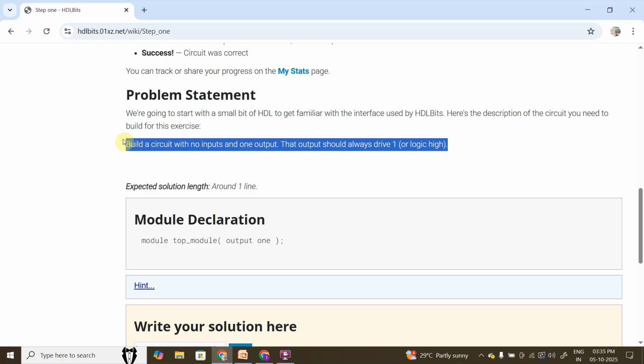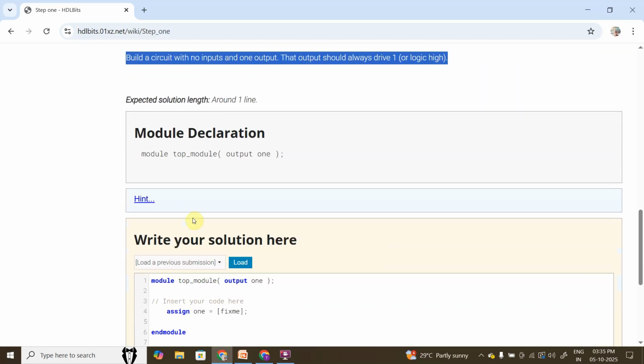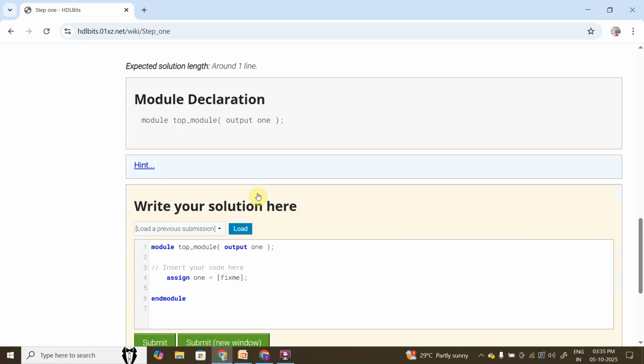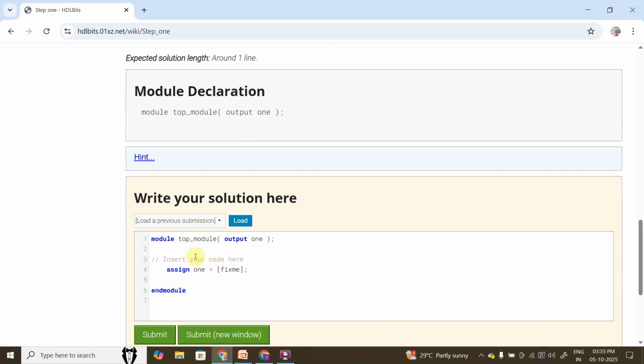The output should always drive one, or logic high. So what can we do? They have declared a module top_module with output one. For us, they have already written the code partially, so we need to write simply one here: assign one is equal to one,